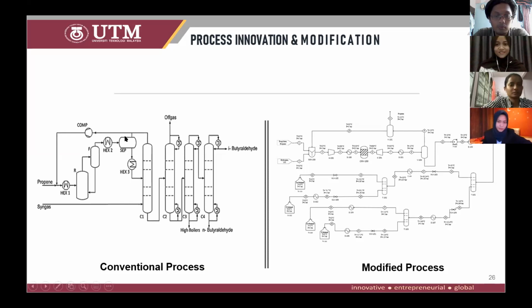It is recycled back as a feed, and the liquid coming from the gas separator goes into the gas stripping column, labeled as C1. So this column